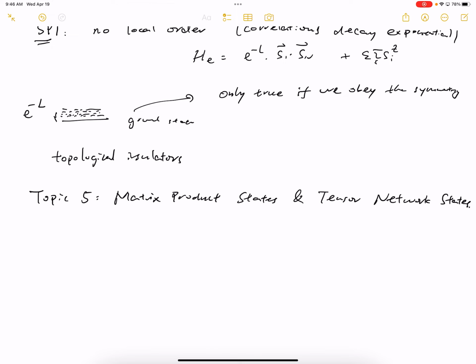And these are basically a very powerful ansatz for any one-dimensional quantum states. So you can pretty much represent any one-dimensional quantum state in a very efficient way. So you actually don't need exponential number of parameters. You only need a polynomial number of parameters to get a very good approximation of most physical quantum states in